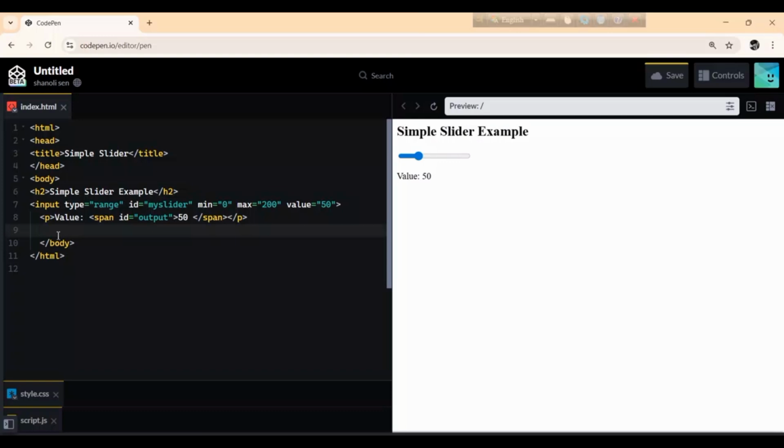Now I will start script, and here I will write let slider equals to document.getElementById in brackets and within apostrophes, quotations, I will write my slider,